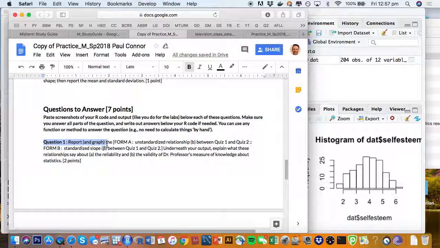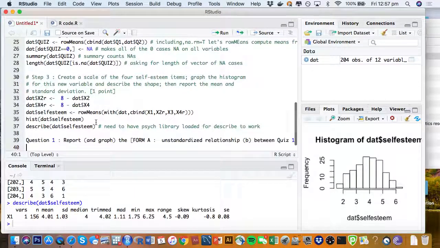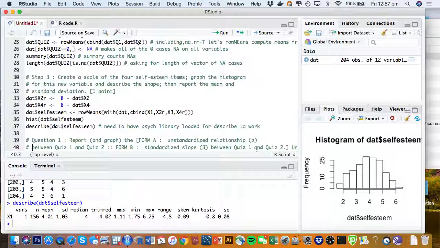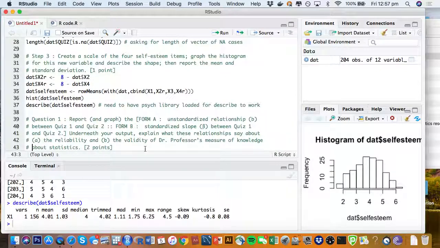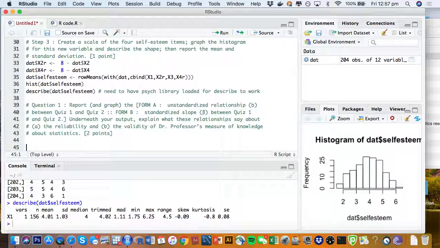Okay. Report, and there are 2 options to do. And I guess I did form A in my class the other day, so let's do form B. Report the standardized slope, or beta, between quiz 1 and quiz 2. Underneath your output, explain what these relationships say about A, the reliability, and B, the validity of Dr. Professor's measure of knowledge about statistics. Okay, so